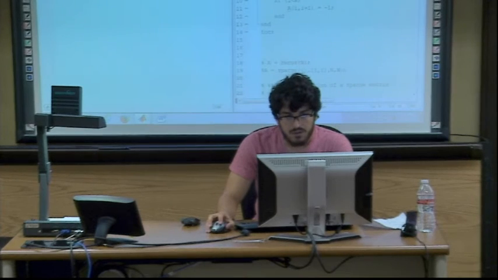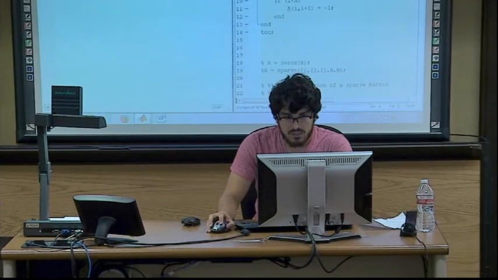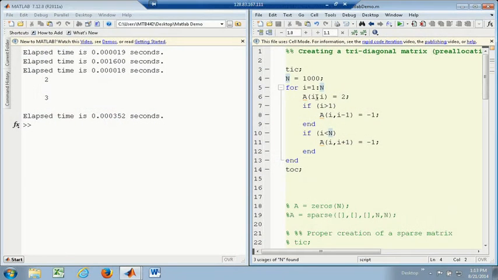So n is the size of my matrix. I'm going to loop through from 1 to n, and on the main diagonal I'm going to put 2. And if i is greater than 1, then I can take i minus 1, it's not 0, and I'm going to put negative 1. This is going to be the lower diagonal, and this is going to be the upper diagonal if i is less than n, so I don't get n plus 1 here. So if I run this,